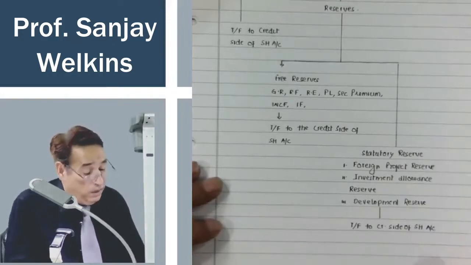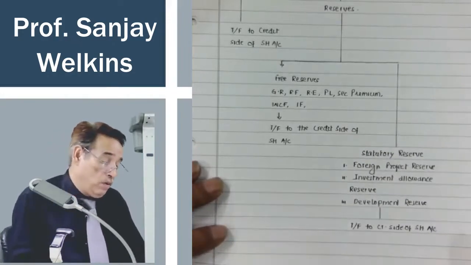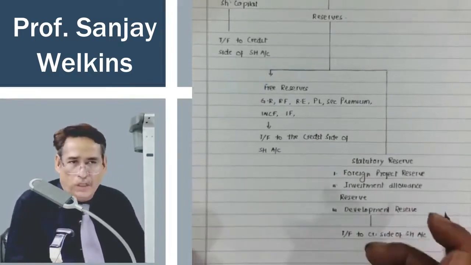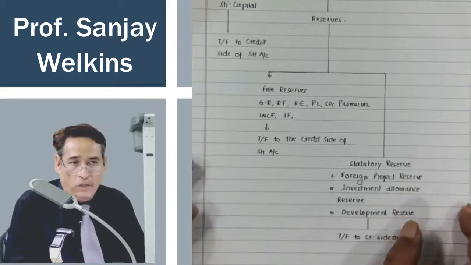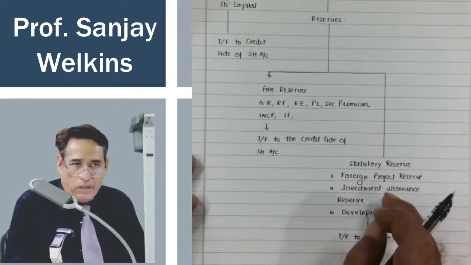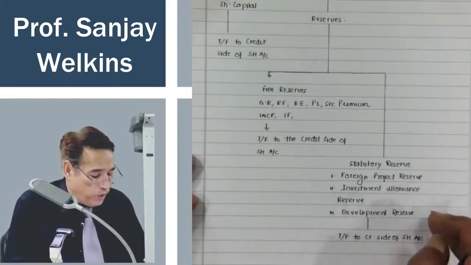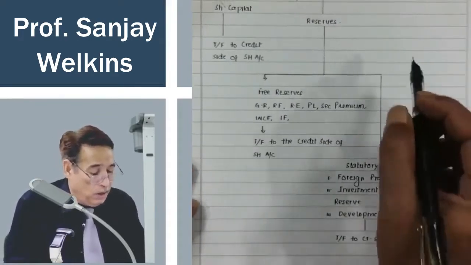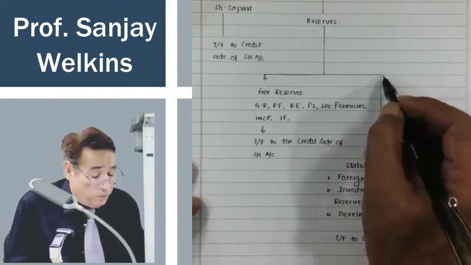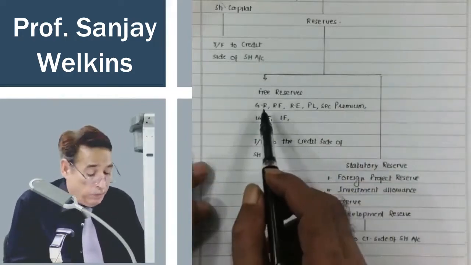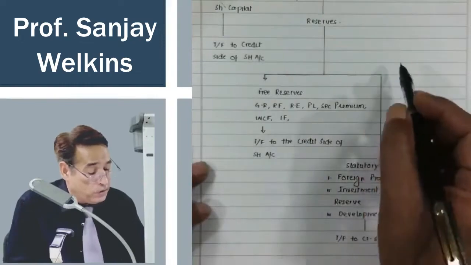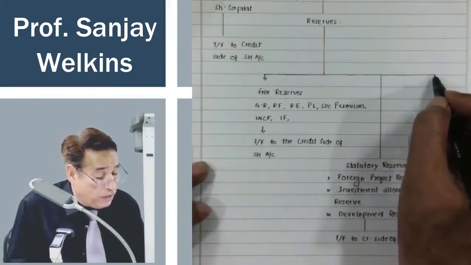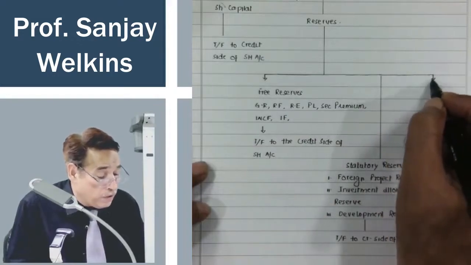Correct? Now, because the entity is closed down, there is no further foundation upon the entity to carry on these reserves. So whatever balance is there automatically becomes free. On that basis, we may say that it should be transferred to shareholders account. Besides, as I told you, we may categorize reserves into free reserve or statutory reserve. Besides, we may also see some type of reserves like specific reserves.